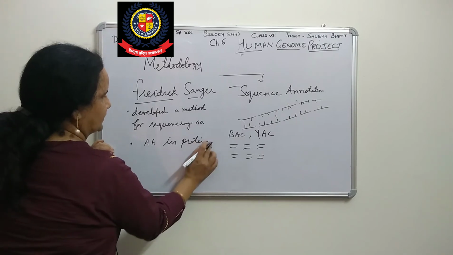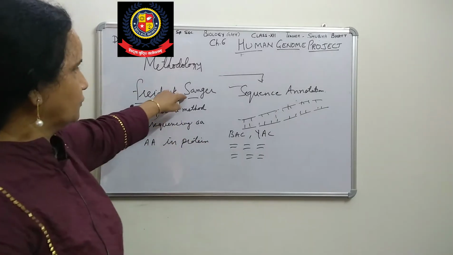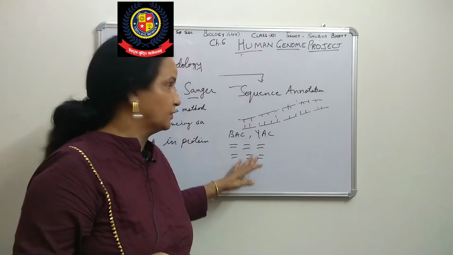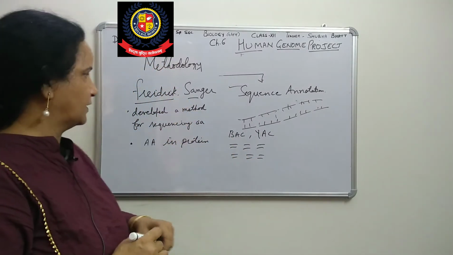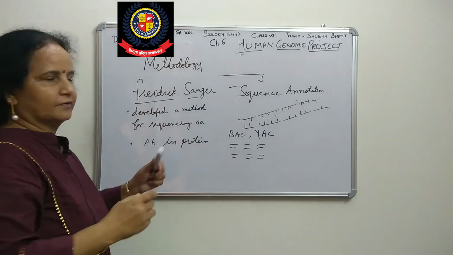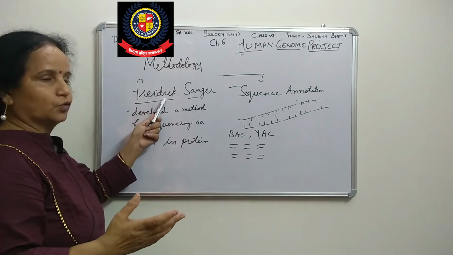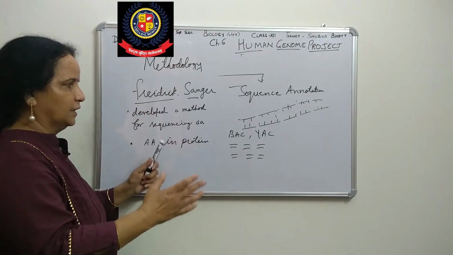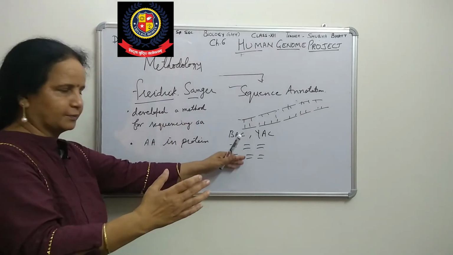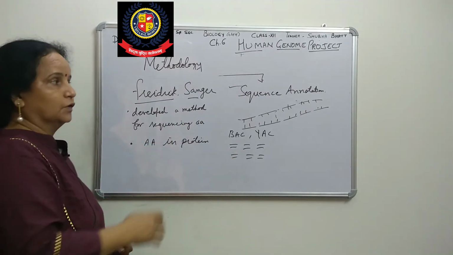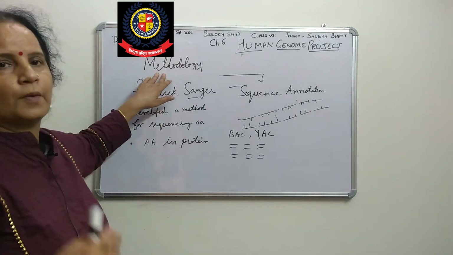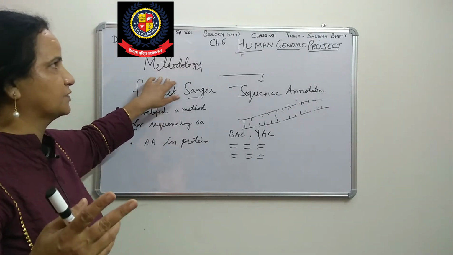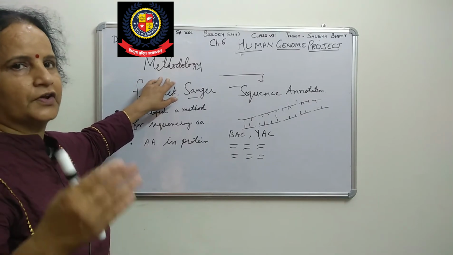So for sequencing these fragments we are using the Sanger method. In that Sanger method, all these are automated, we use the automated method. So now, whatever fragments we have got, we sequenced the whole sequence. So by these two methods, two approaches are there for sequencing these chemical sequences or genetic sequences.